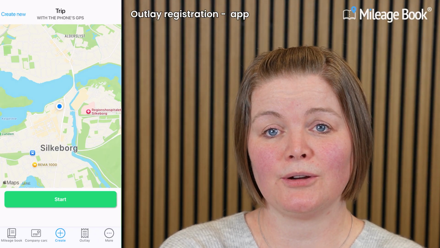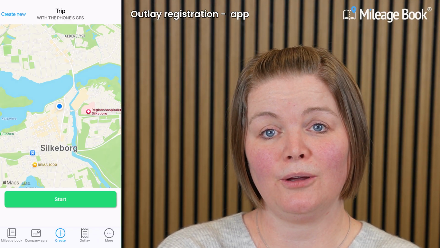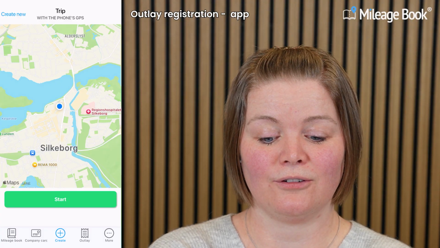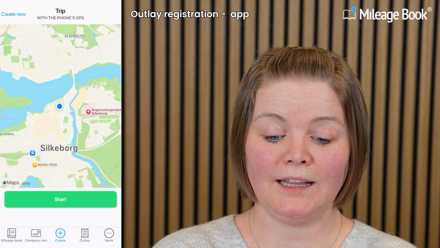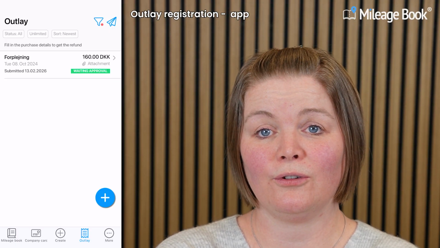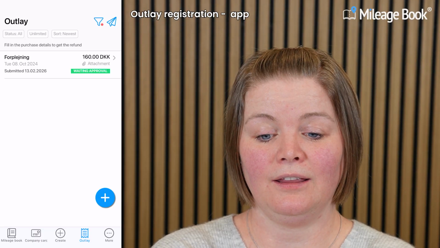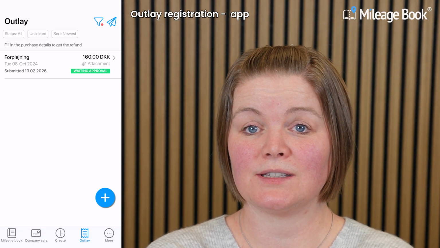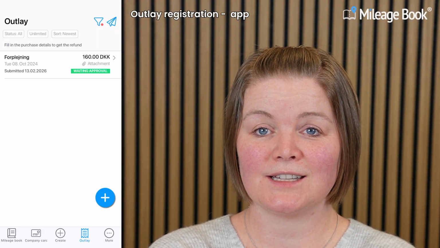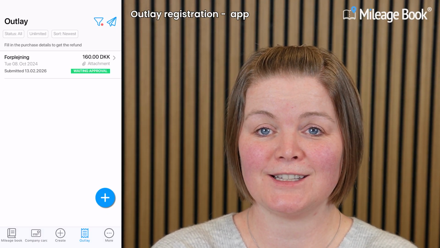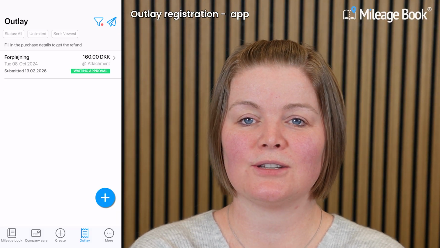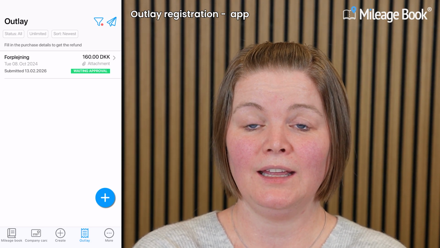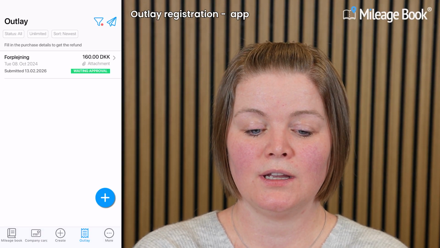If you don't see personal outlay in the menu below, you'll be able to find it under More, for the full list. So simply click on it and then you'll go to the overview for all your personal outlay. The overview here for me is relatively empty because I'm just starting up as a new test employee. I've just received this fancy app, so this is my first time trying this, so there's not that much to look at, but I can see that I have done one personal outlay already for 160 Danish kroner,